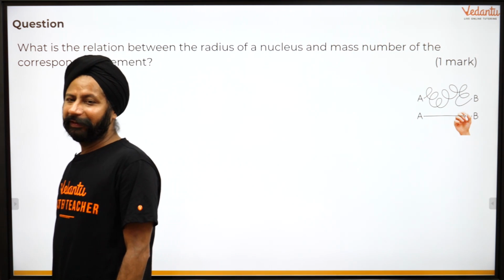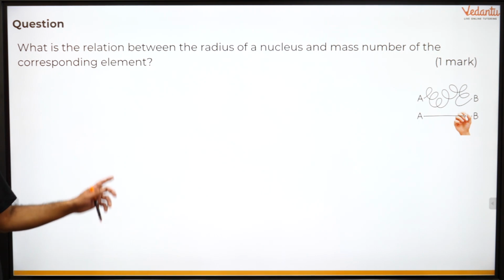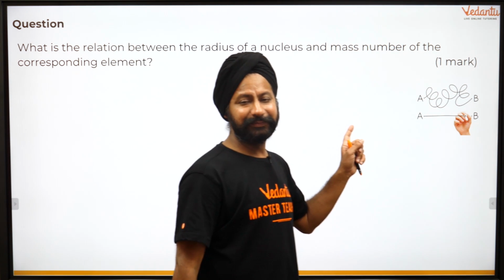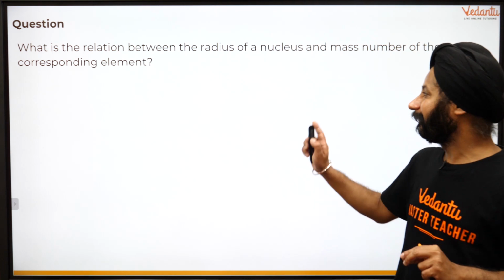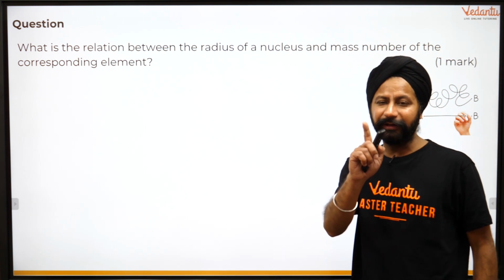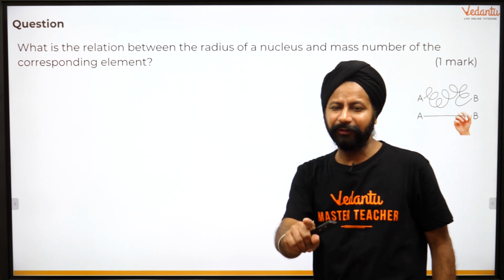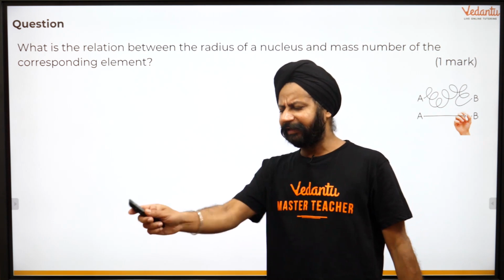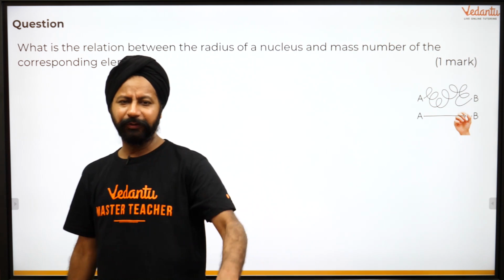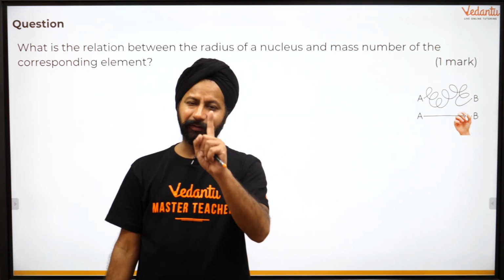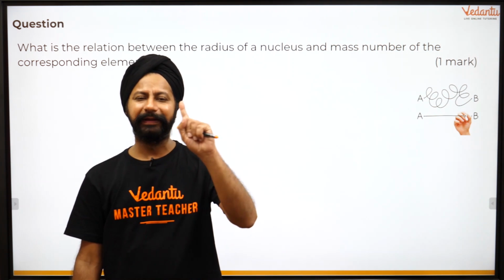Now this question, there is nothing to memorize here. The reason I'm saying this is because you could memorize it as a one-line fact, but this is basically key to many things. So you have to understand that the density of the nucleus is a constant. What is density? Mass per unit volume is constant. You take any nucleus out there, hydrogen, uranium, iron, anything, the density is constant, mass per unit volume is a constant.